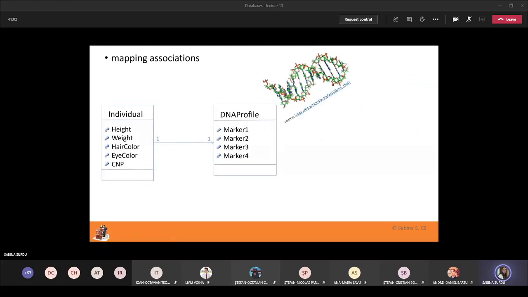Now let's continue with an association with a multiplicity of 1 to 1. Now let's suppose that you could have something like this. 2 classes, individual and DNA profile, with, supposing things can be super simplified, everything can have some markers here, marker 1, marker 2, marker 3, marker 4, maybe more. And for an individual, we have the height, weight, hair color, eye color, and CNP. Now, supposing we have this 1 to 1